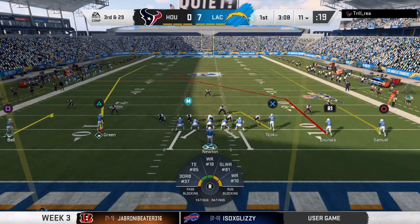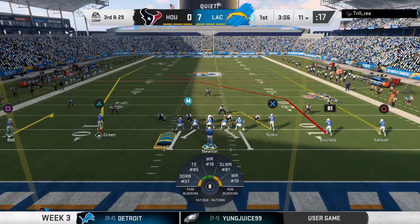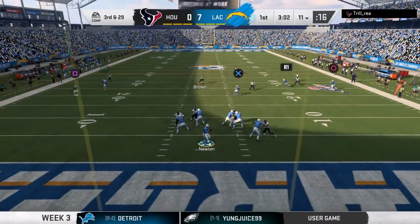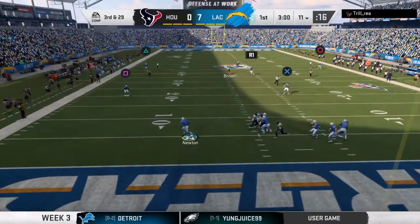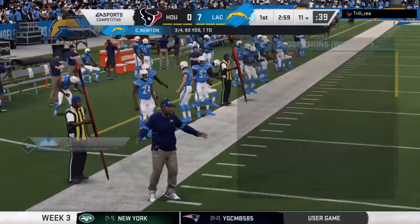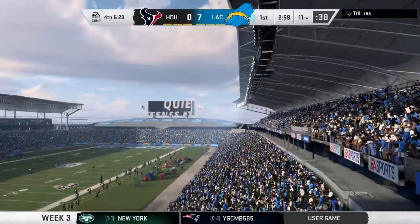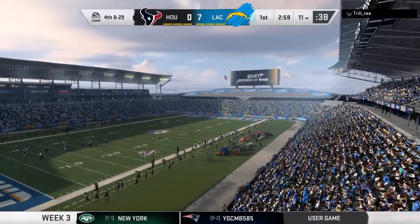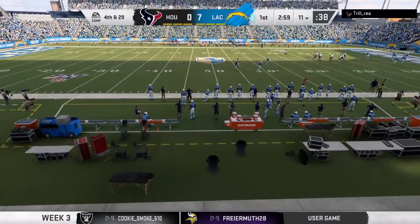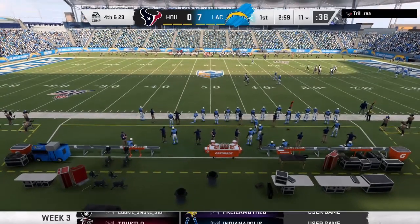After the sack, they'll come up now 3rd and long. Yeah, I wouldn't be surprised to see them run the ball here just to try and get some space. Newton now to throw. Dancing to his left. And that will be incomplete. And that's a tough throw for a right-handed quarterback, rolling out to his left and trying to get the ball